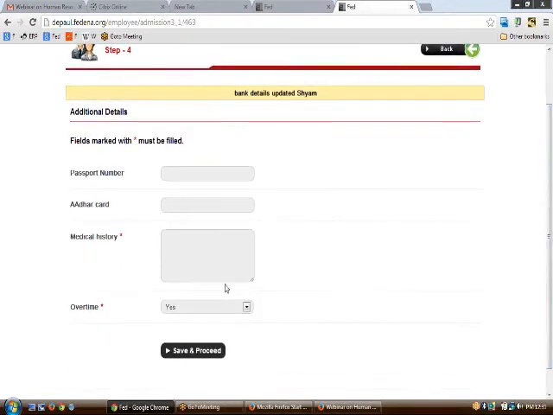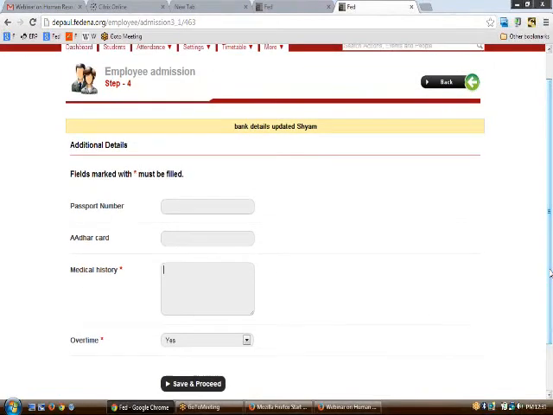So in step 4 you can see that only the additional details are asked. So only those additional details that we have created, apart from the ones that are already available in Fedena, will be showing up here. So this step 4 of your employee admission is the customized version of your institution. So whenever you would like to have some more additional details, you can edit the additional fields first of all, and these fields can be entered whenever we are putting up an employee admission.